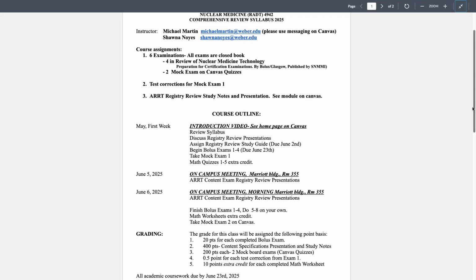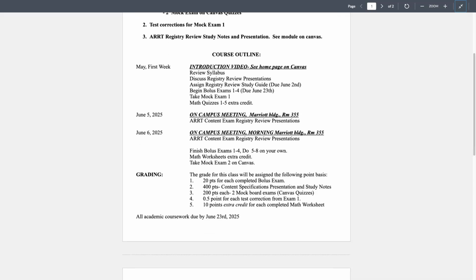And so I've just put a point value here in terms of your grade so you know what to expect. I'm going to give you 20 points for each of the completed bolus exams. You'll have 400 points for your content specifications, presentation, and study notes, which is what you'll present when we meet on campus. You'll have 200 points each for 2 of the mock board exams. We're going to give half a point for test corrections on exam 1. And then I give 10 points extra credit for each completed math worksheet. There are 5 available for you to complete